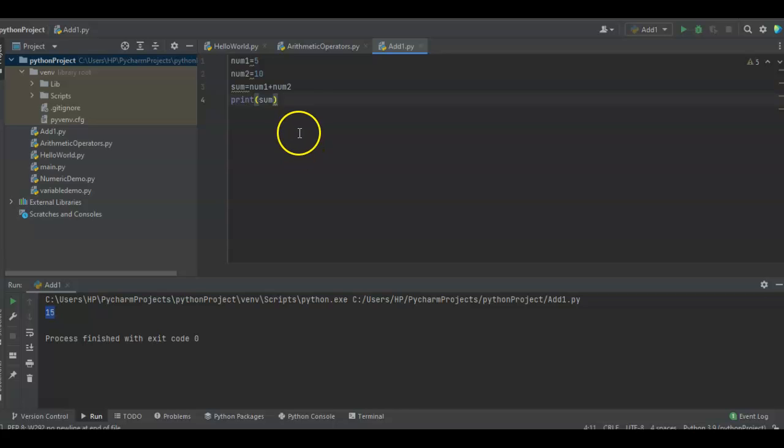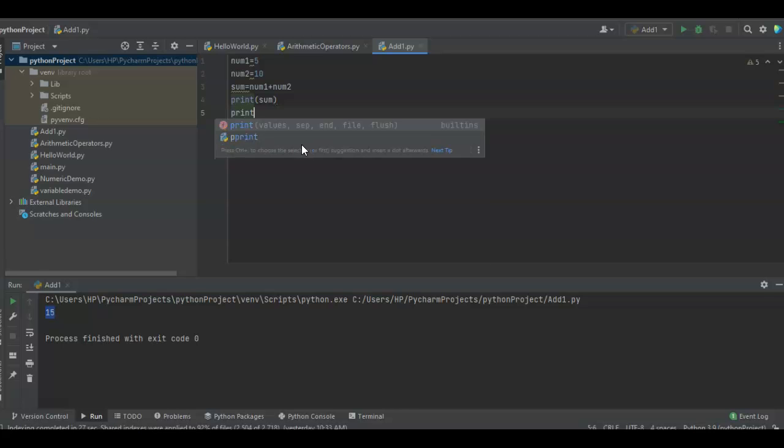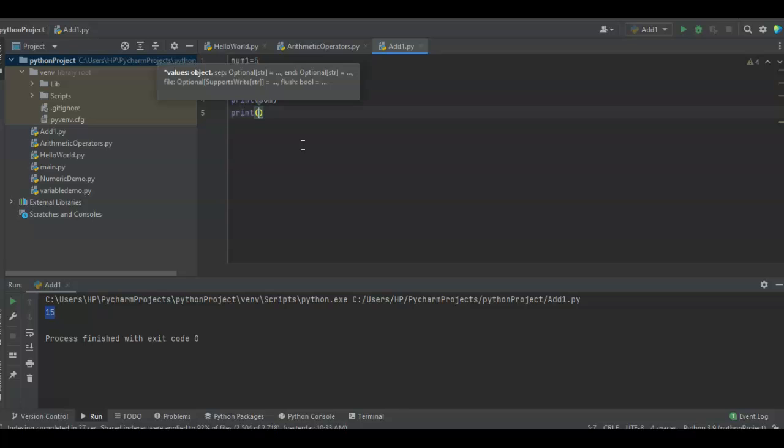But we want the format in such a way: the sum of 5 and 10 is 15. So I should get the output like that. In order to get the output like that, what I need to do is just say print in single quotes the sum of, take the flower braces of 0 and 1,